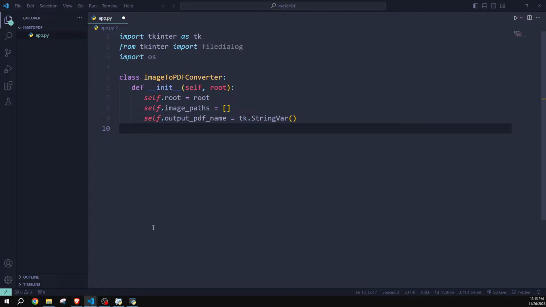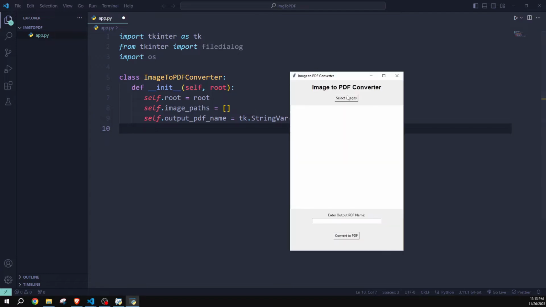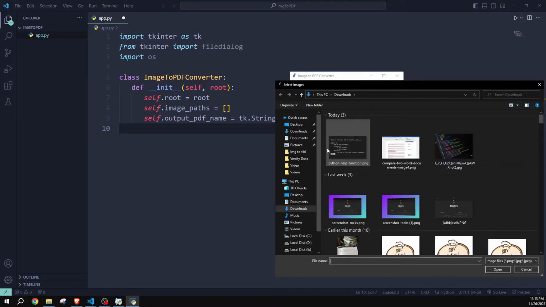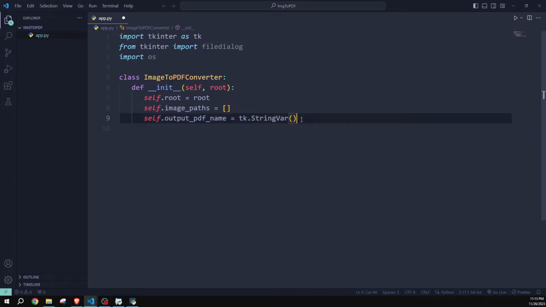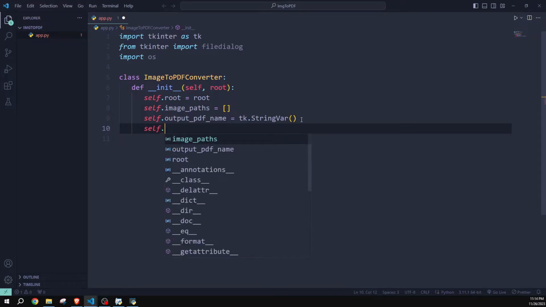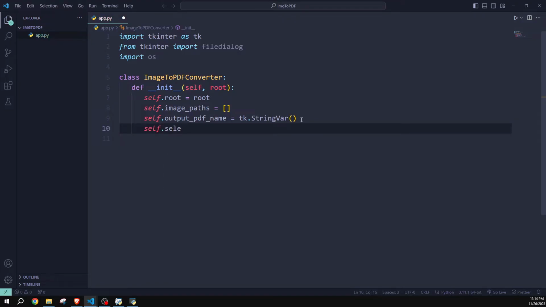Now after this one, what we are going to do is, if I open up our application, here in our application, if I click on the select images, and right now I'm going to select multiple images, and here you can see that inside this blank space we have all the image names which we have selected. Now for storing this information, we need to create a variable as well. So for creating that variable, let's add self dot, and the variable name will be selected_images